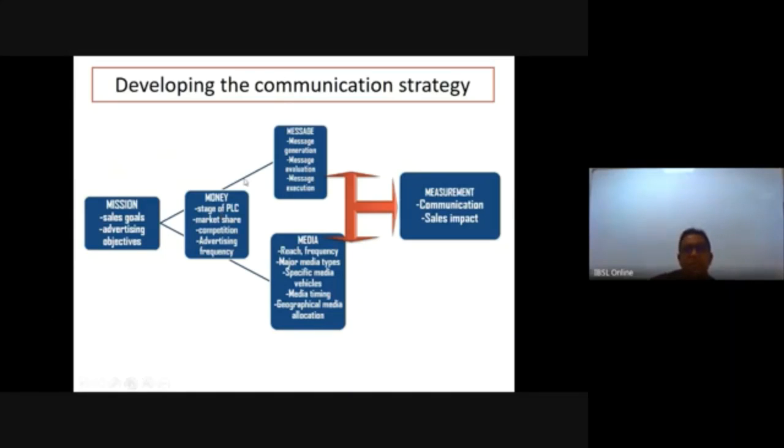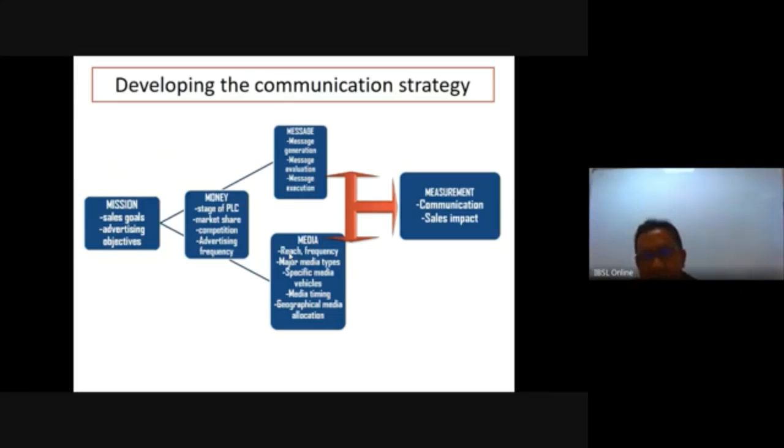The message that you deliver: message generation, message evaluation, and message execution, the advertising message, what you say. The media: the reach and frequency. The reach means how many customers you want to reach, how many millions out of your target audience, what percentage. Say you are talking to minors, your product is minor savings accounts, and you have a target audience of say 2 million school children in the country, or maybe more than that. You must find a way to reach at least 70-80% of that population